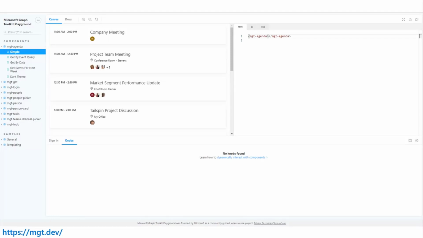But the Microsoft Graph Toolkit is a bunch of web components that you can use in your solution to make it easier to retrieve data from your graph and to render the content in a way that's consistent with the out-of-the-box Microsoft content. If you want to learn more about it, I recommend that you visit the mgt.dev URL, which you can see in the lower left corner here. You'll find there's a playground that you can use to learn the components and test them.